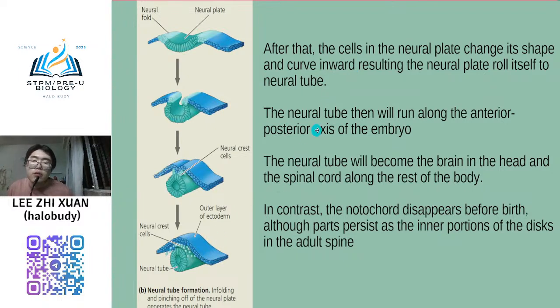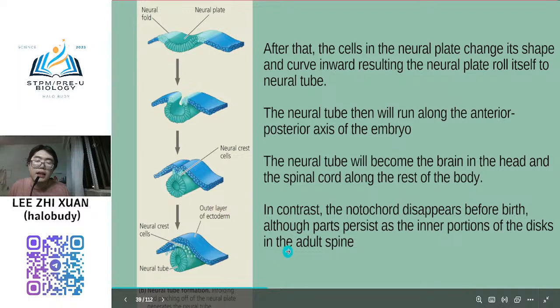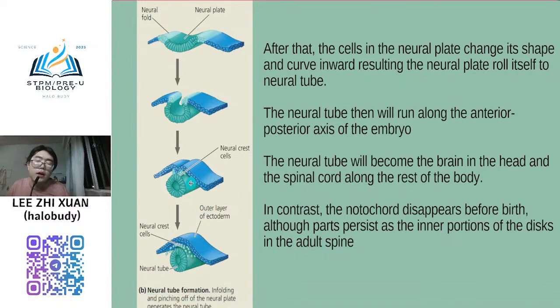The neural tube will run along the anterior-posterior axis of the embryo, and then the neural tube will become the brain in the head and the spinal cord along the back of the body. Okay, so the notochord normally will disappear before birth, although parts persist as the inner portion of the disc in the adult. That is why neural tube formation is very important, because it is the key organ